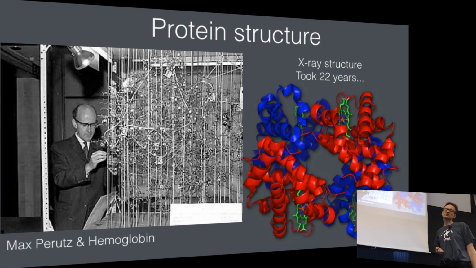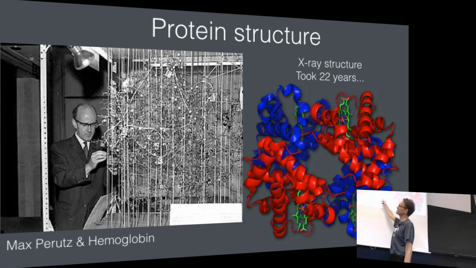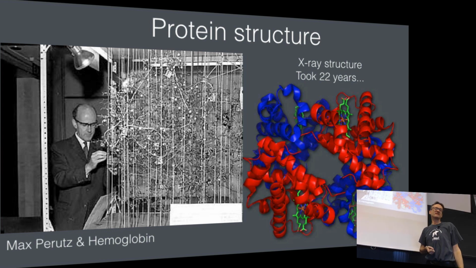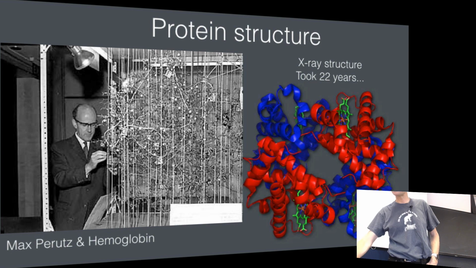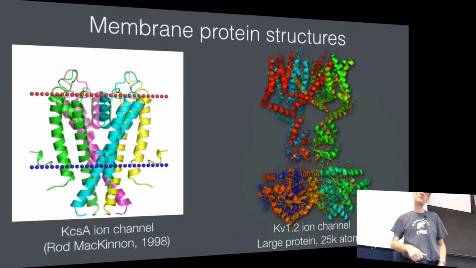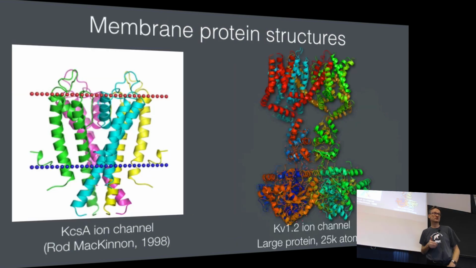The other thing is that we are so horribly spoiled with our computers. This is how they were determining their structures. They were sitting with rulers, measuring the distances between every single atom and building them up manually. There were other proteins, in particular hemoglobin. There's another protein called myoglobin that was determined in parallel. We will come back to what those differences are. Since then, there have been a number of structures determined. They got the Nobel Prize for the first structures, of course.